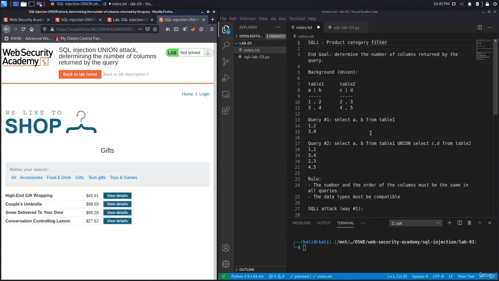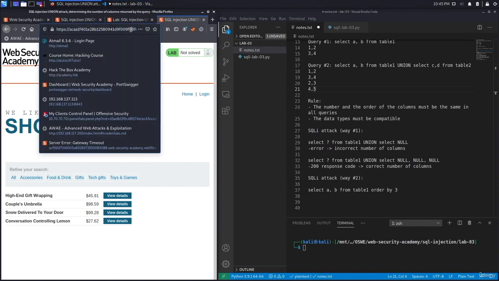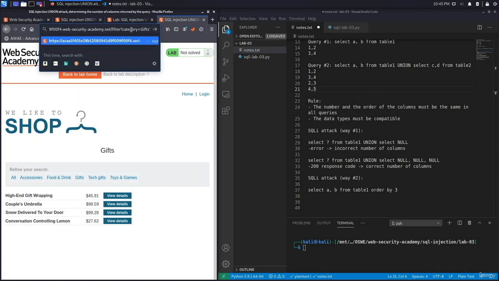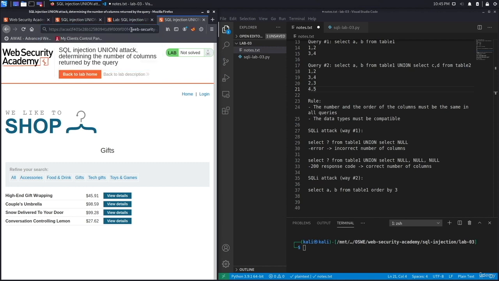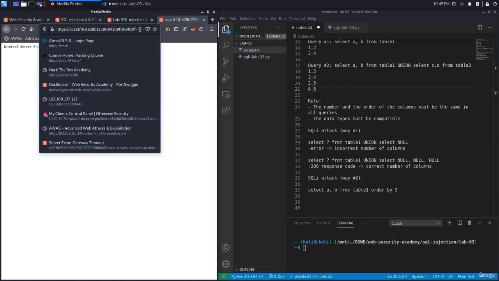All right, so now I need a way to determine the number of columns returned by the query, as the end goal states over here. And we learned 2 ways. Let's apply way number 1, which uses the null values. So I'm going to close the query over here and say union select null, and hit enter. I get an internal server error, which leads me to believe that there isn't only one column in the query. And that makes sense